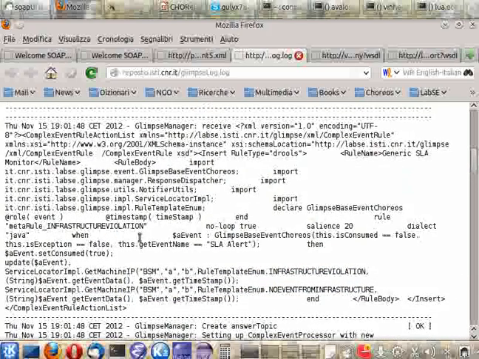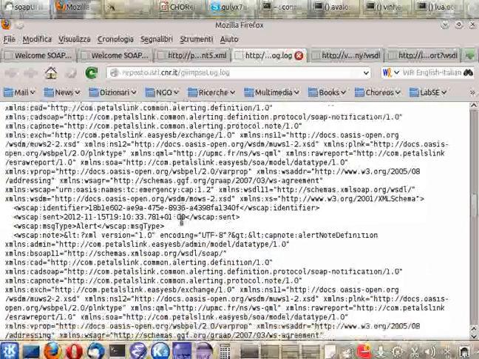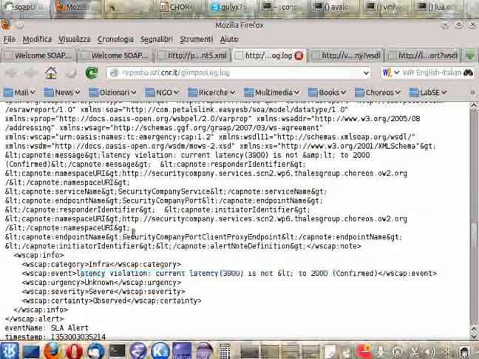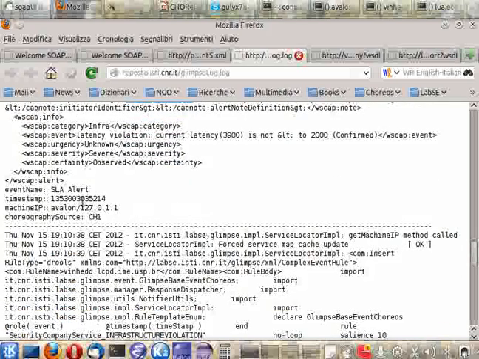A latency violation coming from the security company.